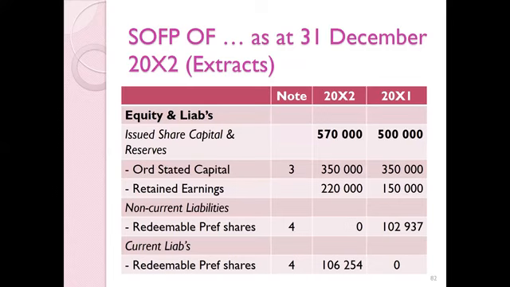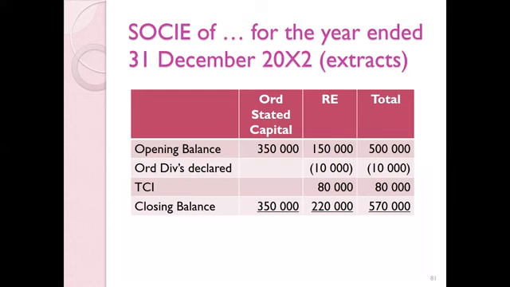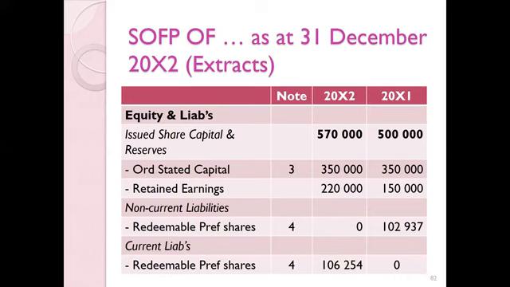When we look at our equity portion of the statement of financial position, remember this filters directly from our statement of change in equity. So what two columns did we have here? Ordinary share capital and retained earnings. So we expect to see two rows under equity in our statement of financial position for ordinary share capital and retained earnings. These closing balances should be taken directly from our statement of changes in equity, and this should not need to be worked out again. It should simply be driven directly from your statement of change in equity and pulled through into your statement of